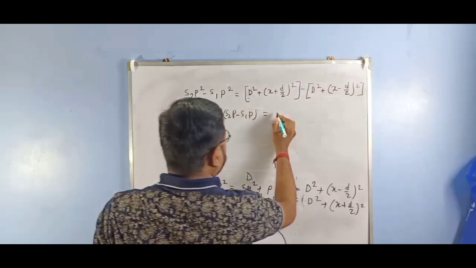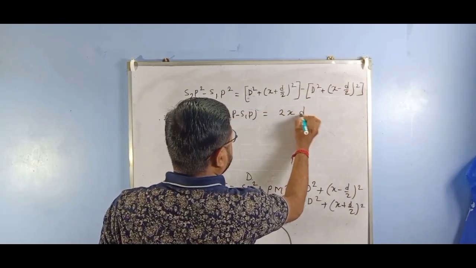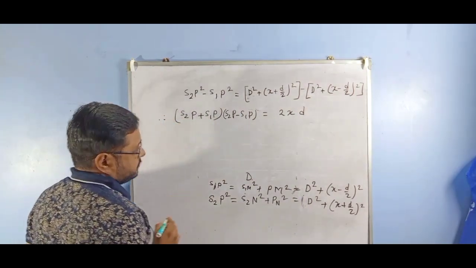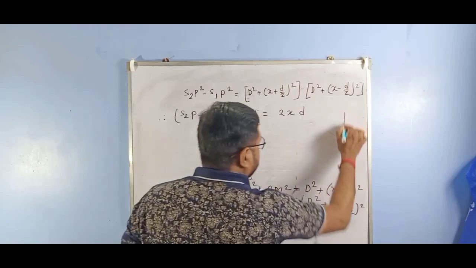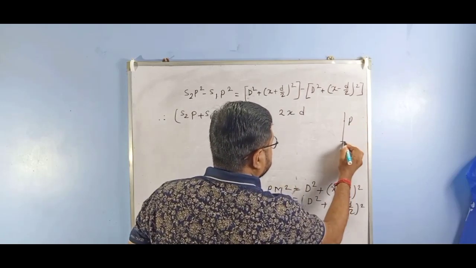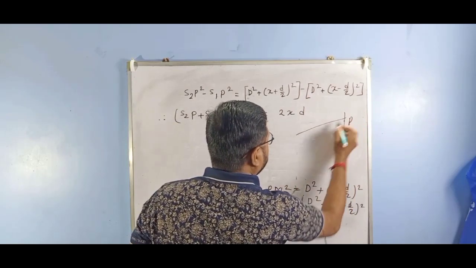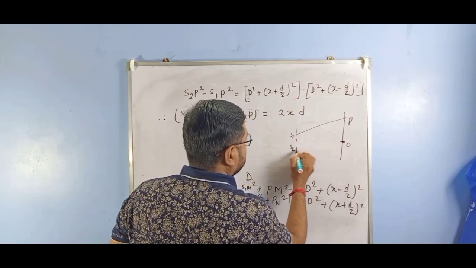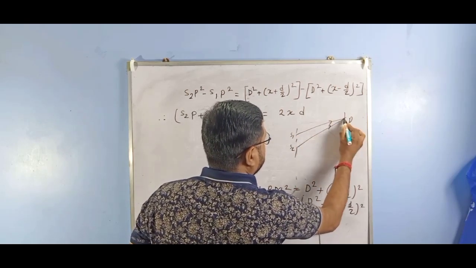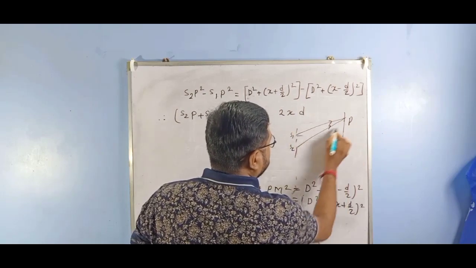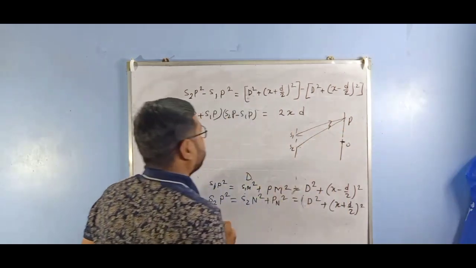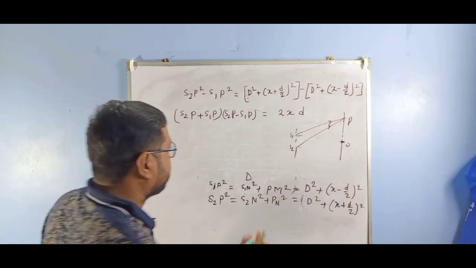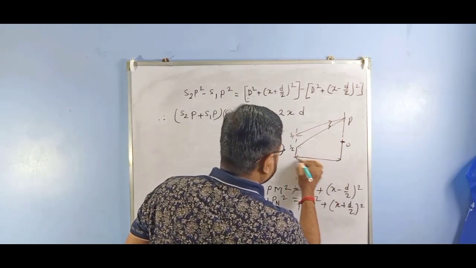If we simplify it, we get 2xd. Now, as the distance between the point P and the central band O is very small, this is S1, this is S2, is very small. So S1P and S2P will be nearly equal, not equal to D, nearly equal to D,